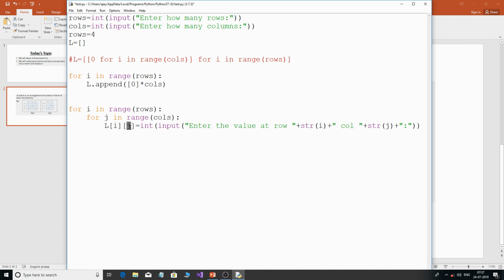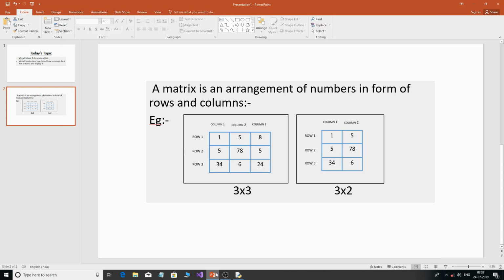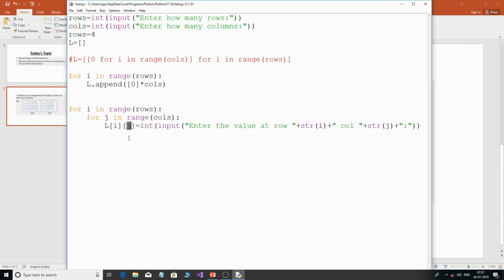So this will be 0, this will be 1. So this is first row, second column. So basically I'll be storing the number over here. First row, first column, first row, second column, first row, third column, if it is a 3 by 3 dimensional list, a matrix. So this is how we'll be storing numbers individually in that particular position, and then using the same technique we